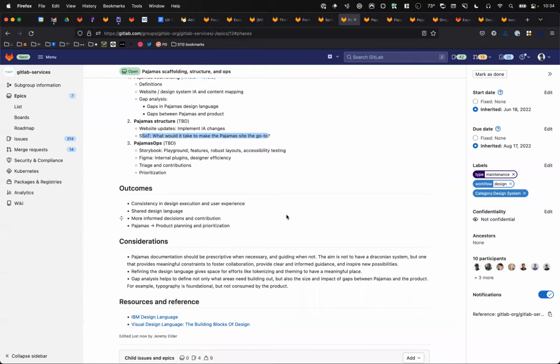So the outcomes I'm hoping for would be to be more consistent in design execution and user experience, and to have a shared design language. Right now, just to be candid, I feel like Pajamas is more of a design system, which has its own components and attributes and concepts, but it's not quite a design language where we've got the parts of the language and speech, but we're not always using them to articulate a complete thought. And I want Pajamas to be more of a design language where you can see these parts of the language